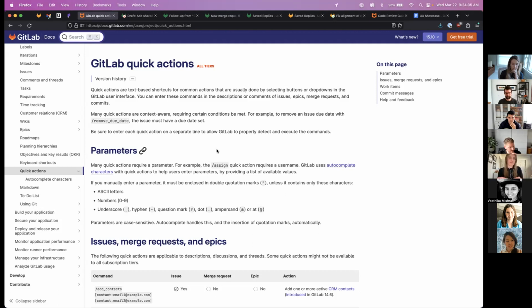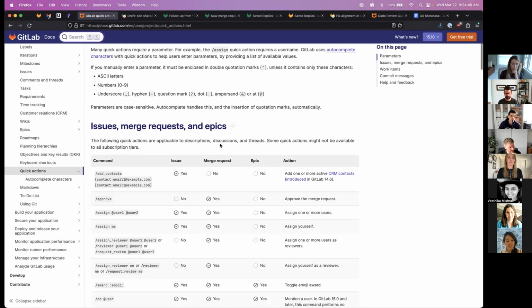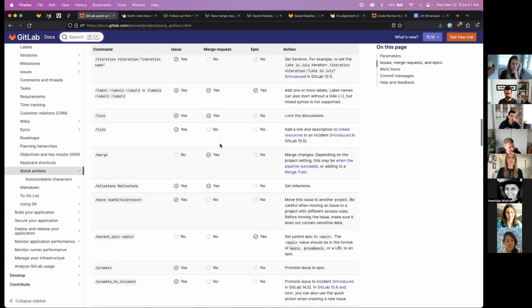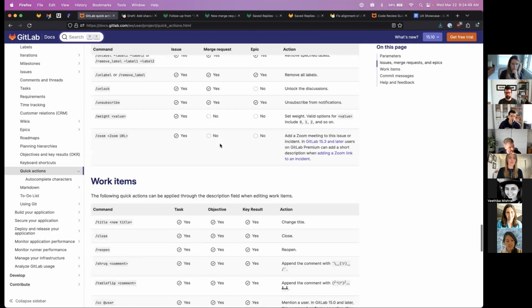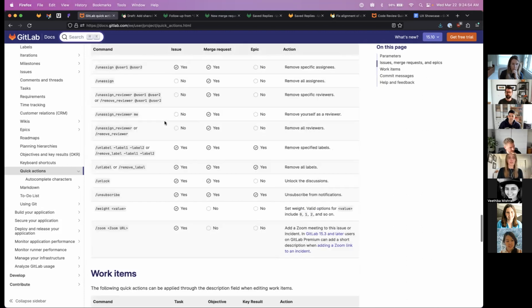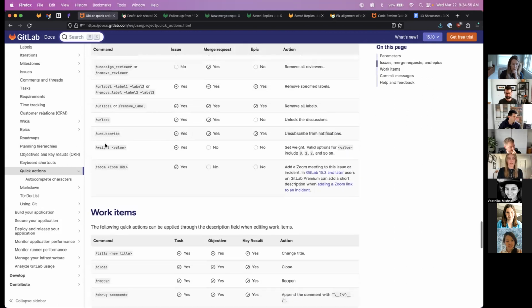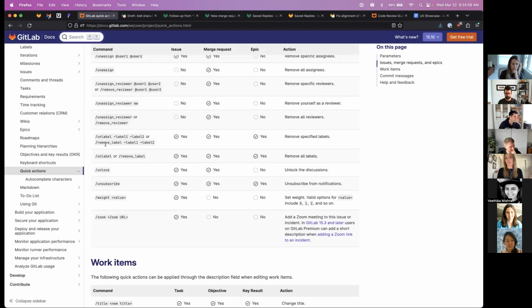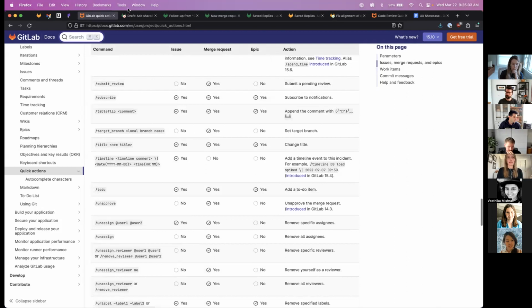more efficiently. Okay, so the first one is quick actions. This is something that you probably already know about, but if you go to the documentation page, you can see that we have this insane list. It's so long, of all the quick actions you could ever hope for, and they're scoped to different issuables. So, oh, we even have them for work items now. But the way I've been using them for the most part has been on issues, merge requests, and epics. And to give an example of how that might work is,